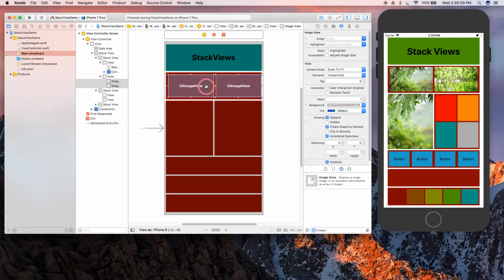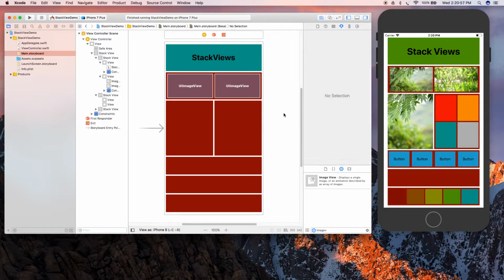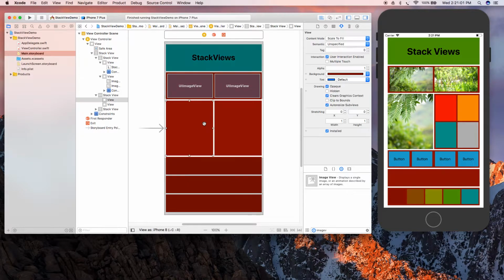Okay, and then select both and align it center of this view. Okay, so here it is. Now what you need to do, you need to add constraints. So add that also. Give 5 margin from here, here, and here, and select this equal width. So this is it. So now the image view is set here, and now we're going to add one more